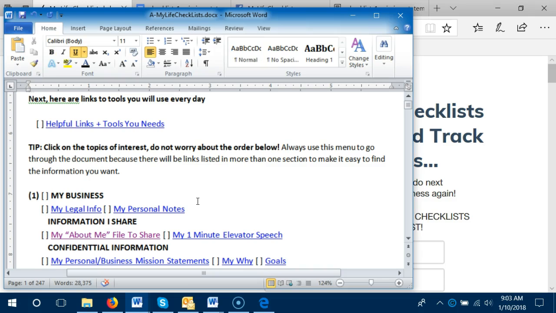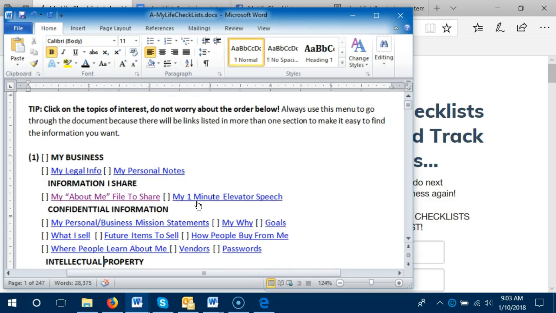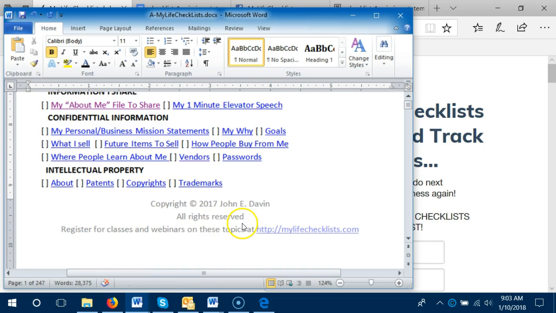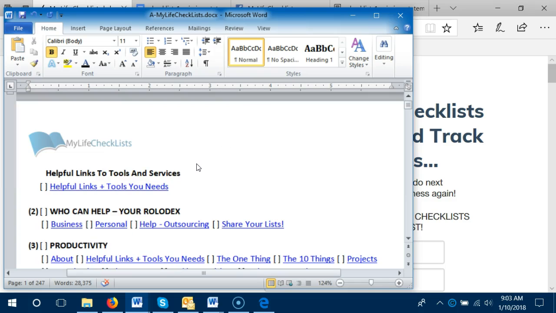But we have just great information here about your elevator speech. If you want to practice that, it gives you a place to actually write down what you're going to say to somebody if you have a minute or 5 minutes, whatever it is, to tell somebody about you and your business and how you can help them, or even use that if you're interviewing for a job. And we've got places where you can write down what copyrights and patents you have, and you can actually get links to the websites that you would go